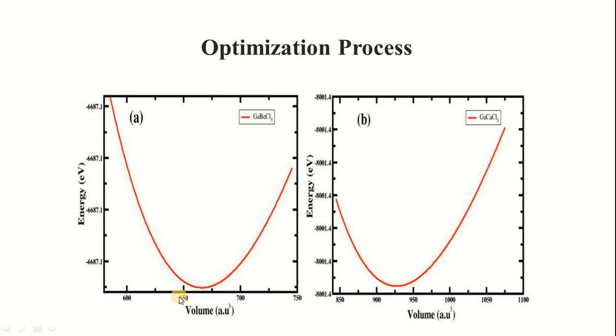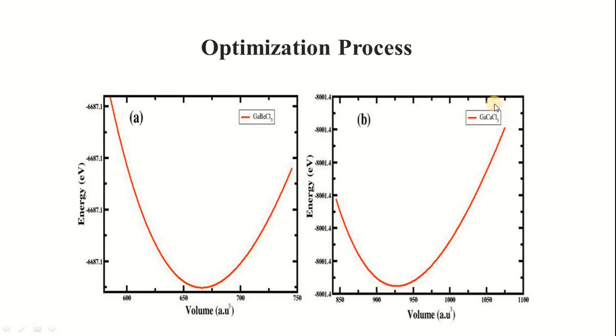So at this location we will get the minimum energy of GaBeCl3, which is minus 6687.09, and this minimum energy versus volume is known as the ground state energy or optimum energy. Similarly, the minimum volume corresponding to the ground state energy is called the ground state volume, and here the ground state volume is observed at